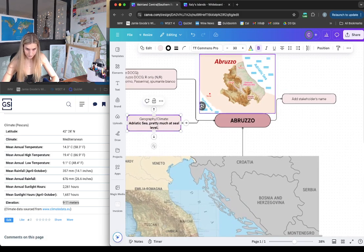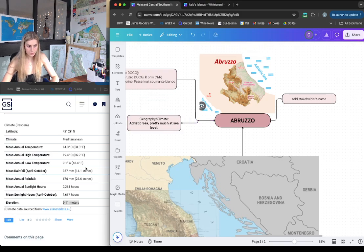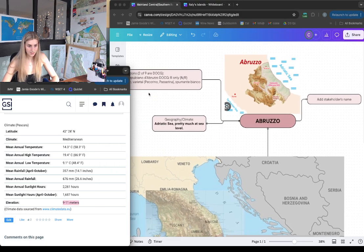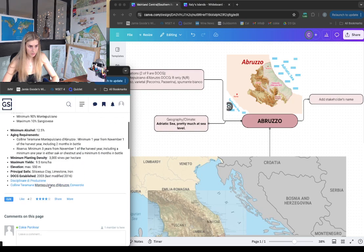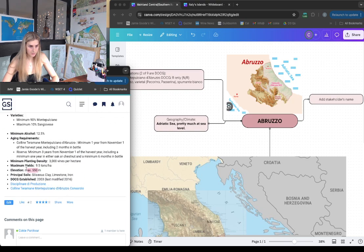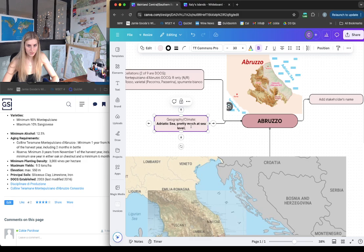Okay. So again, if you live there and you're like, dude, I live in this appellation and it's not at sea level, I'm sorry, because I'm still learning right now. So we're going to go, okay, look, see? We have to double check everything. Pretty much at sea level? No. Okay. Varying elevations, because we have the